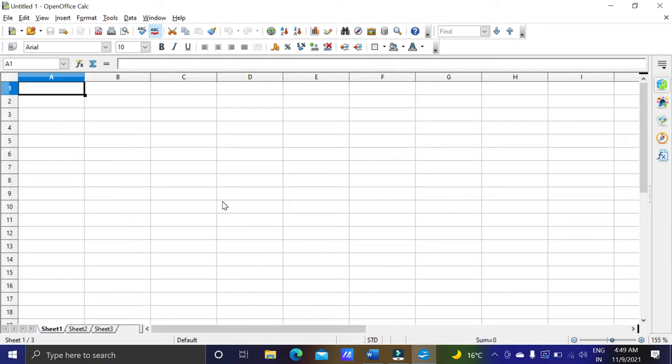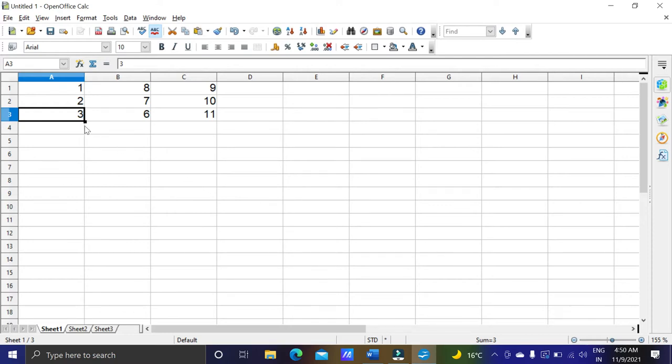So we will put some values: 1, 2, 3, and some more values: 8, 7, 6, 9, 10, 11. Okay, we have put some values, and now I am going to select cell A3. A3 contains the number 3 and I am copying it.